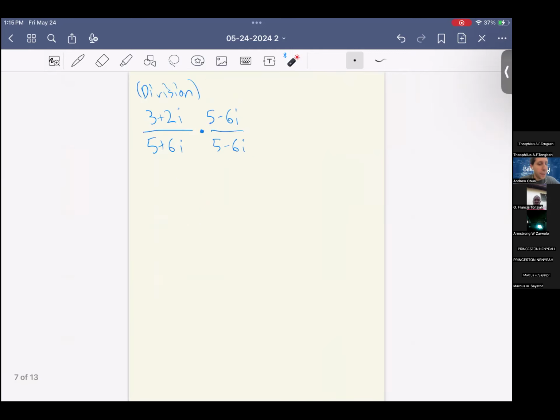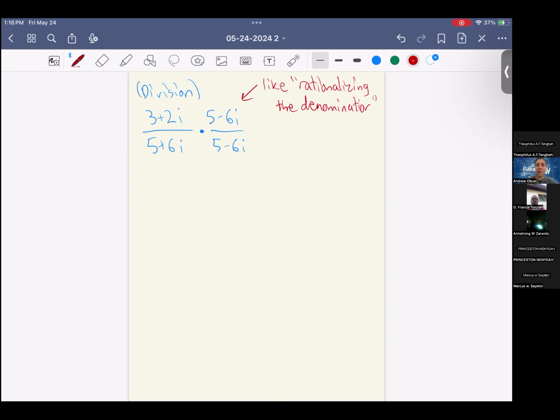Okay, so let's go back to division. If we want to divide this, we have to do this intermediate step, which is the same way that you simplify, like it's like rationalizing the denominator. So this is kind of like what you call rationalizing the denominator when you have square roots. Right, so it's the same idea if you're trying to simplify, like, 3 divided by 2 minus the square root